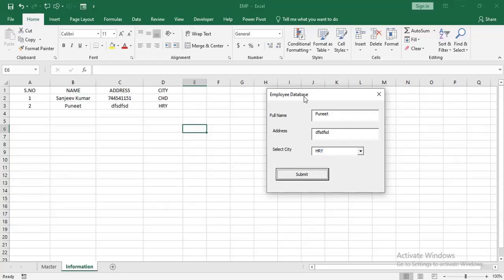So guys, in the advanced level, if you want to know more about user forms, wherein the user clicks on submit, the user form will reset itself, and there are options wherein the user can edit the values, or wherein the Excel background would not be visible. So all these things we can do in a user form.